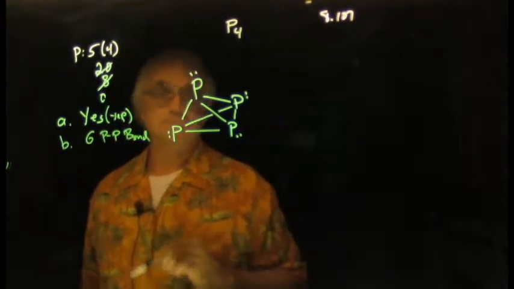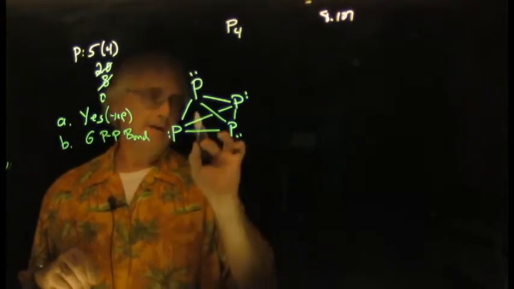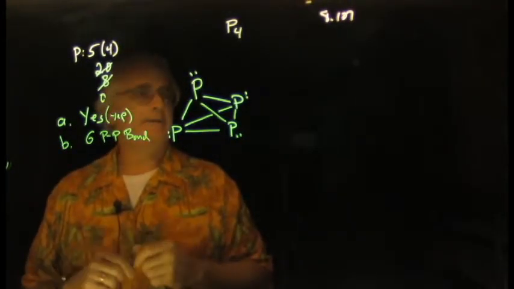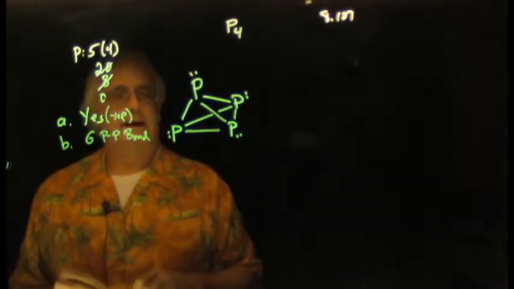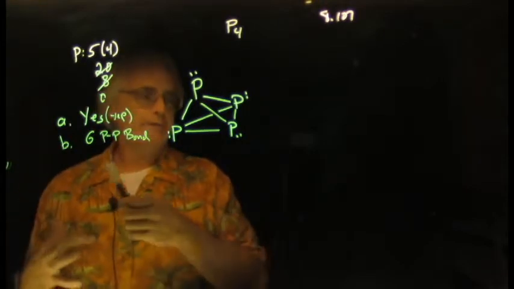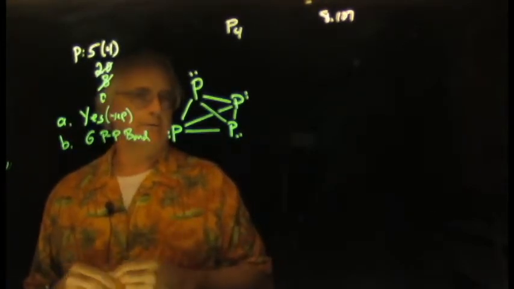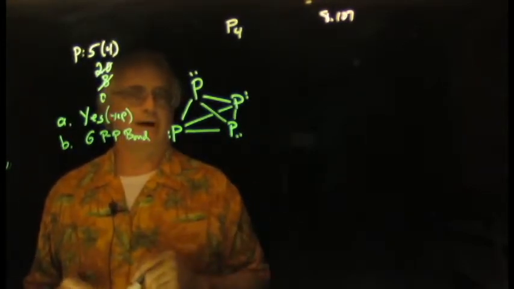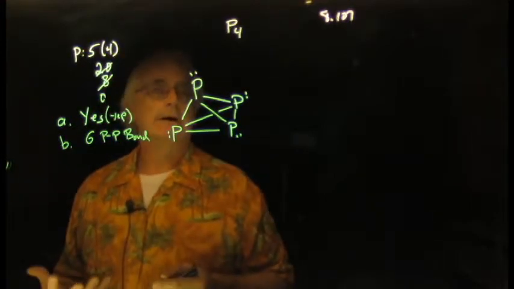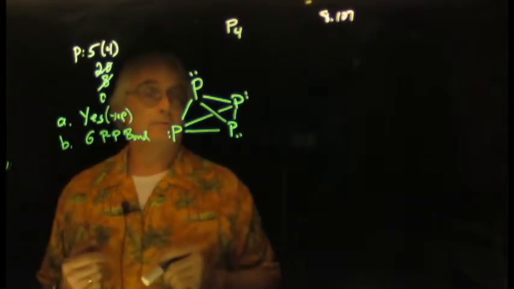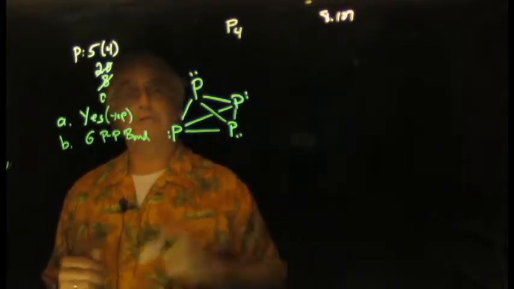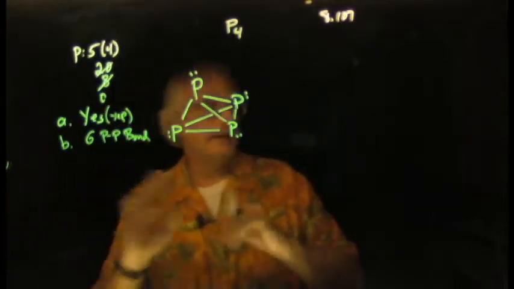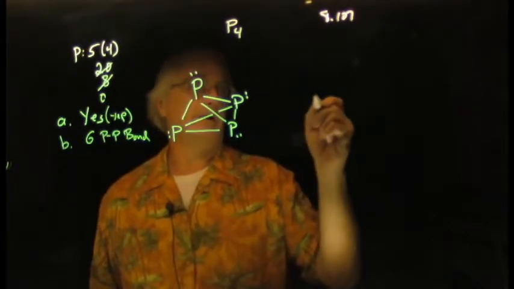in this structure. Okay, so parts A and B, drawing the Lewis structure is a little bit odd, but that was pretty simple. And then parts C and D, they ask us, okay, consider what if this molecule were actually linear? What if it was just a line of 4 phosphorus atoms? Can you draw a Lewis structure that doesn't violate the octet rule, doesn't have resonance structures, and compare those structures with this particular one? So slide over here just a little bit, and I'm going to say, okay, let's try